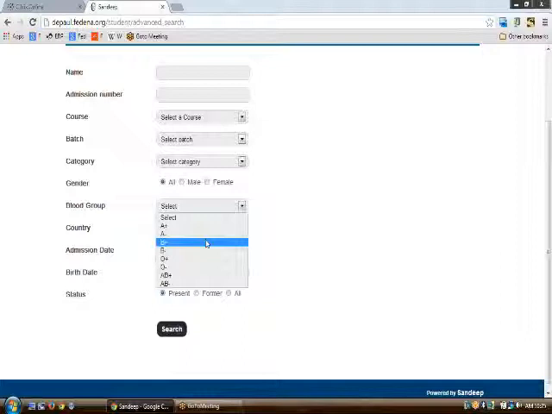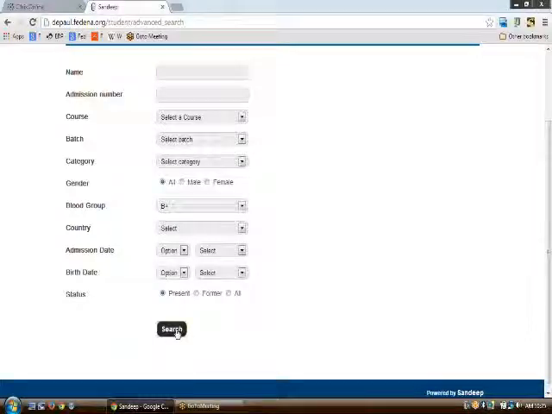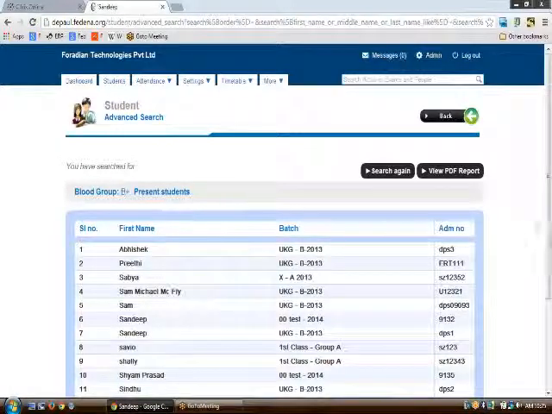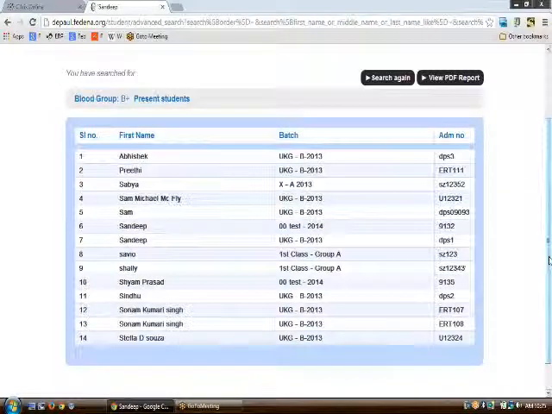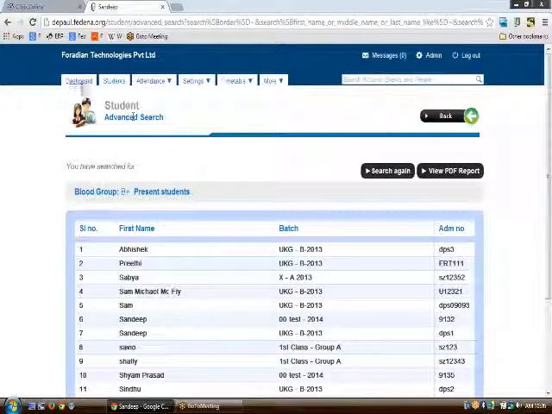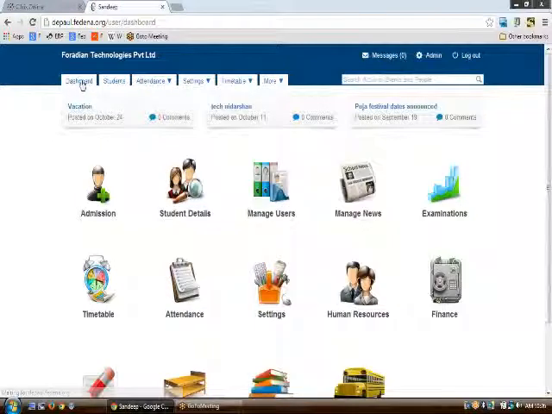This can be done using the advanced search. So let's go to advanced search, select the blood group as B positive, and hit the search button. This way you will get the list of all persons who have B positive as a blood group. This is how you can use the advanced search.